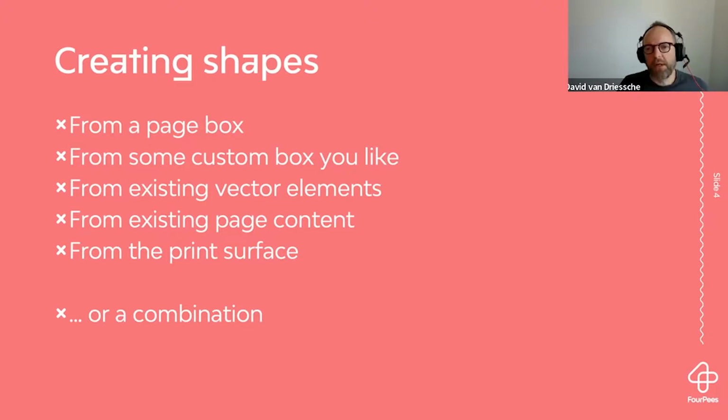You can also look at the file and see what is already in there, and that comes in 2 different shapes. You have the ability to use existing vector elements, and you have the ability to use page content. And I'm not going to go into any details because I am going to show all of this stuff in pdfToolbox, and that's much more interesting. And then there is something, and this I'm not going to show because it's very specialized already, and it is not that very different in application, at least from the other ways that you can use this. But there is also the possibility to create a shape from the print surface. And